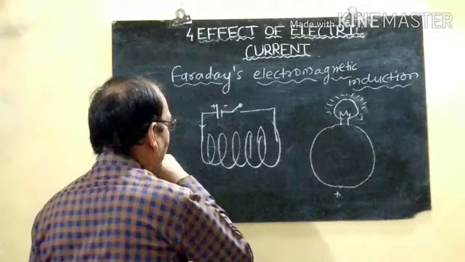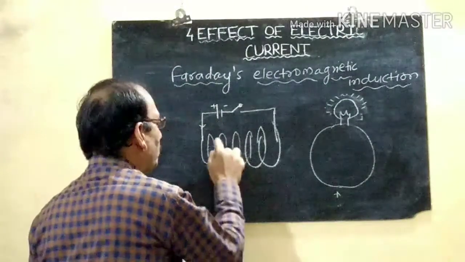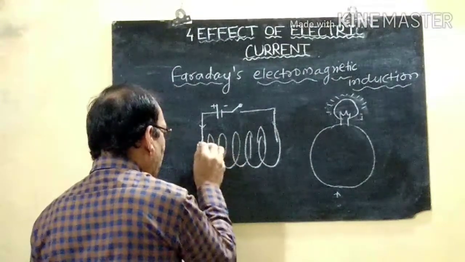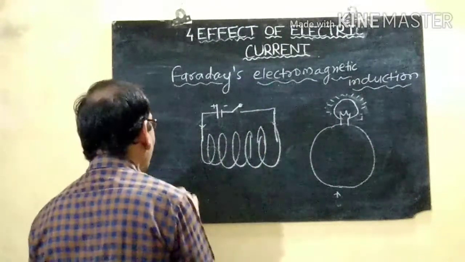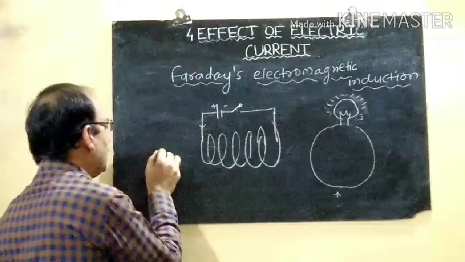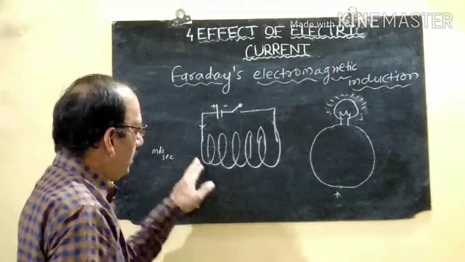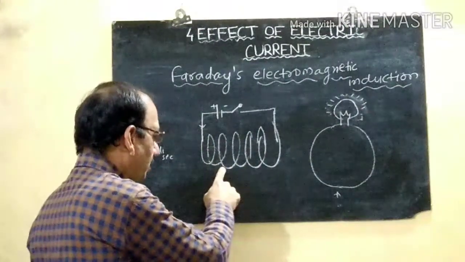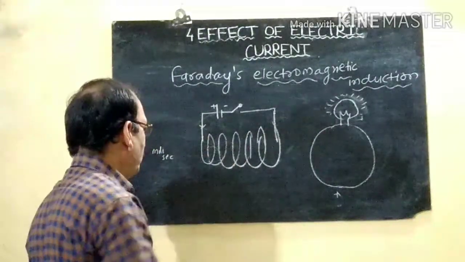You know that this battery supplies a very small current through this solenoid coil, and when current passes through this solenoid coil, it takes some time. The time taken for the current to pass through this solenoid coil is in milliseconds. Then slowly the magnetic field increases here. It is in milliseconds; the time required to create the magnetic field is very small.